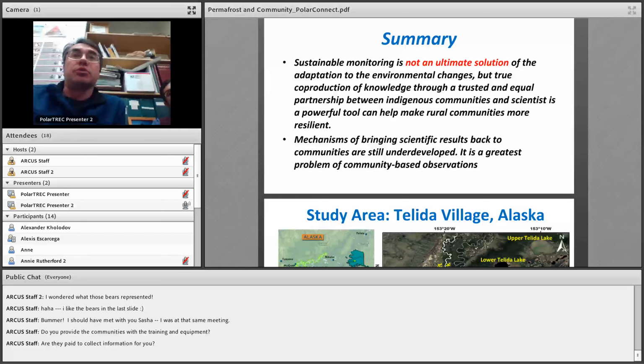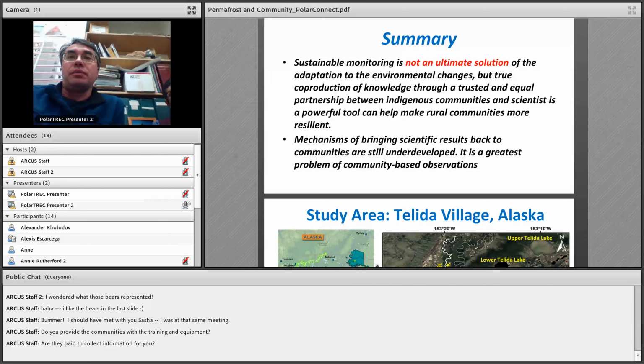So it's not an ultimate solution to all of the human problems in these rural communities, but it's a very powerful tool which can help make rural communities more resilient in the face of environmental changes. And